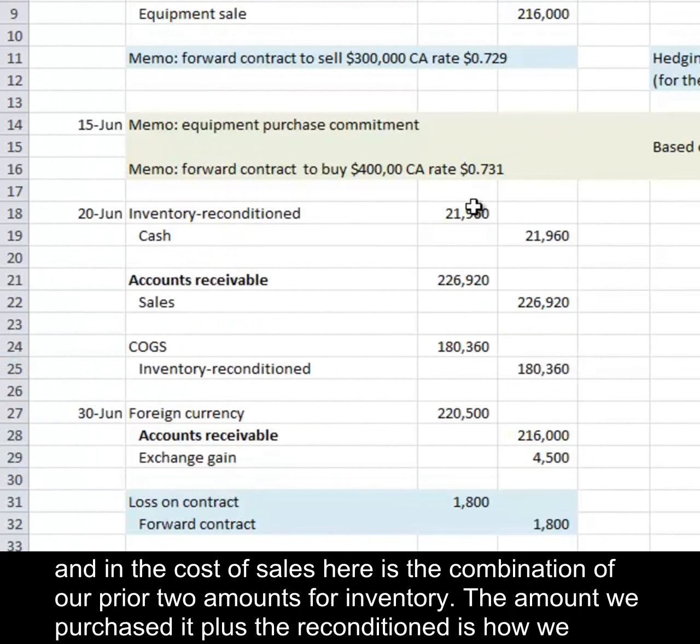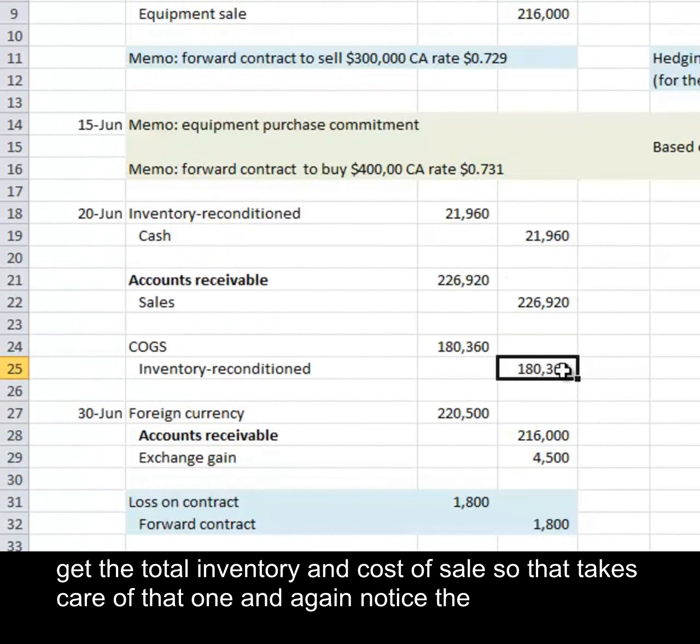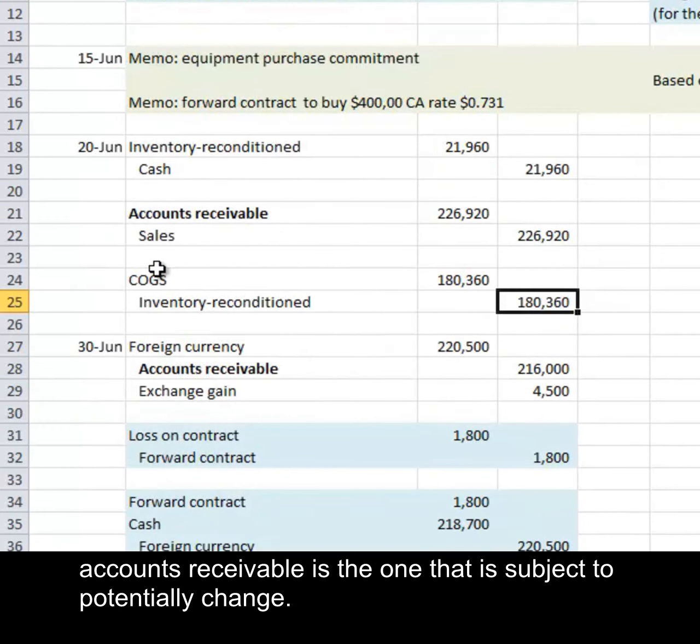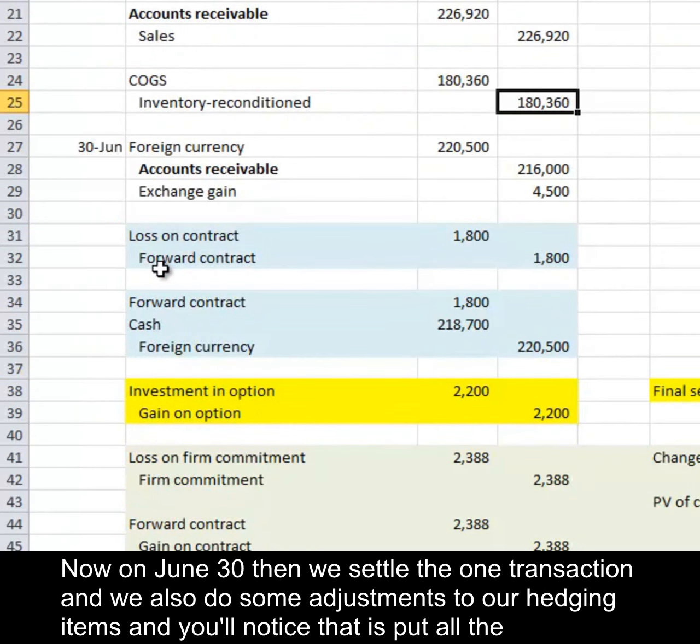The amount we purchased it plus the reconditioned is how we get the total inventory and cost of sale. So that takes care of that one. And again, notice the accounts receivable is the one that is subject to potentially change. Now on June 30th then, we settle the one transaction, and we also do some adjustments to our